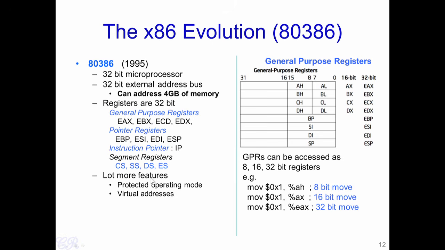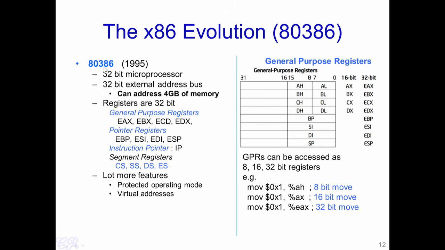There were also a lot more features like the protected operating mode as well as virtual and segmentation schemes. One thing you would notice is that while all the registers were extended to 32, the segment registers continued to be 16-bit. Intel ensured that even though we switched from a 16-bit processor to a 32-bit processor, backward compatibility with the old